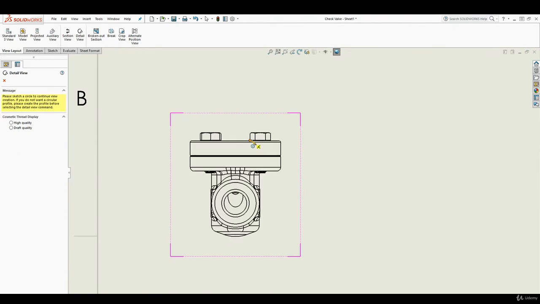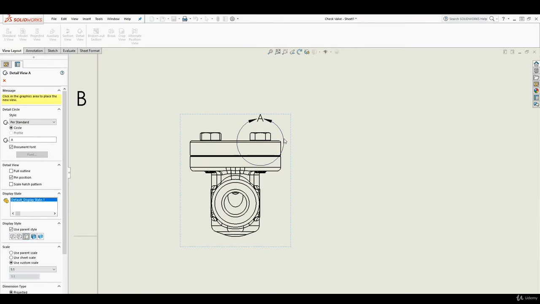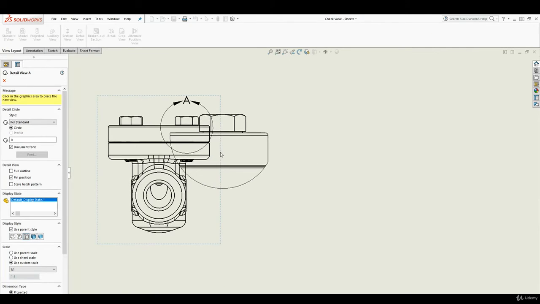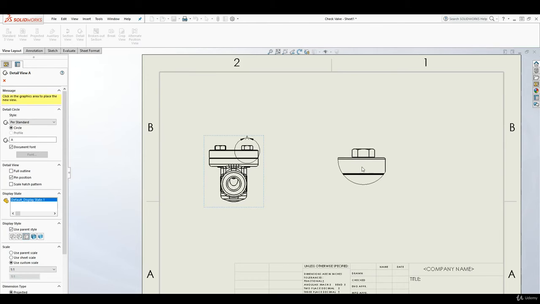So what happens is, let's say I want to zoom in, I want to create a detail view of this area. I will click and draw a circle in that area I am trying to show. So it's just going to be exactly how you draw a sketch, a circular sketch. You click, draw your circle, and as soon as you draw your circle, it creates the detail view of that